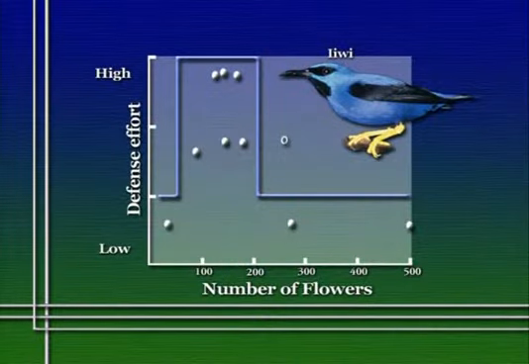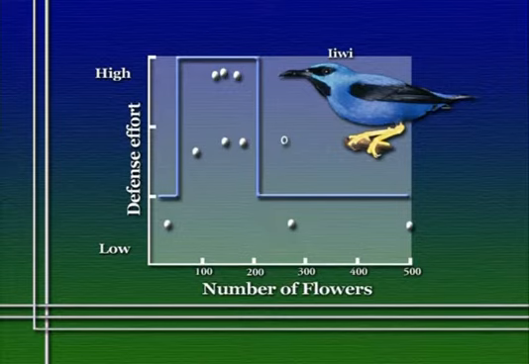It only needs to bother to defend a territory if it needs exclusive access to those resources so it gets enough. So if there's not enough resource to possibly make it worthwhile to defend a territory, or if there's so much resource that there's no point in defending a territory, in those two cases we wouldn't expect these honeycreepers to be territorial. Only at some intermediate value of the number of flowers per unit area that the animal can defend would we expect to see territorial defense. And in fact, this is exactly the pattern that's observed. If you look at individuals living in different areas with different densities of flowers, you find that individuals only defend territories at some intermediate range of flower densities.